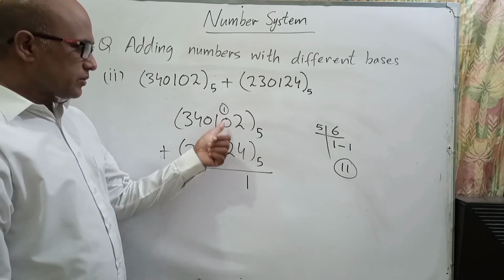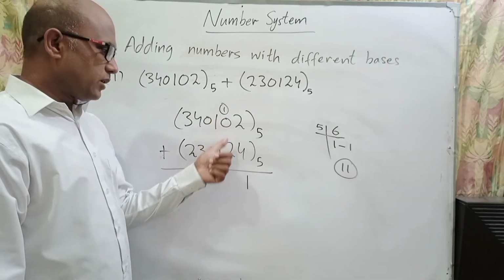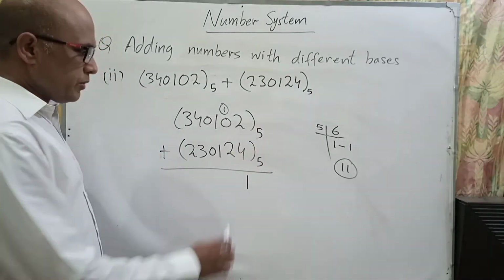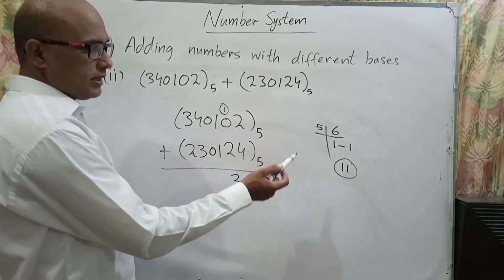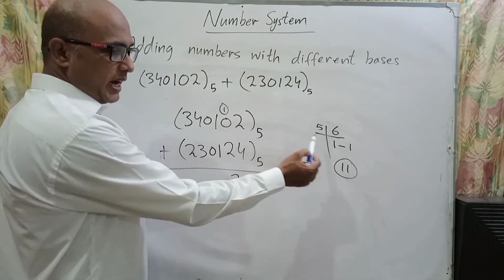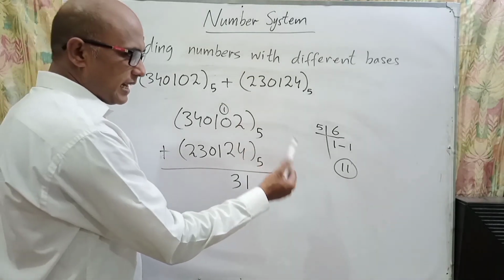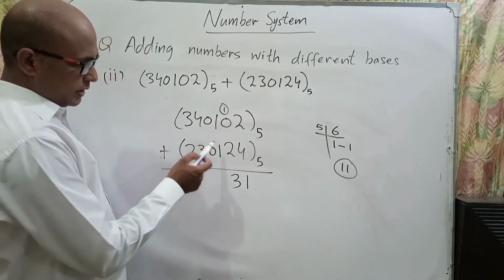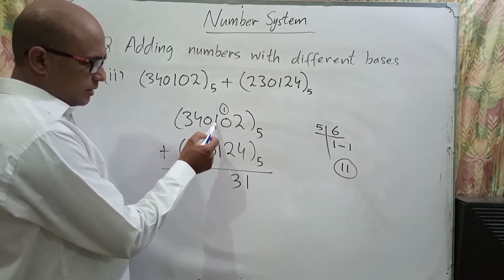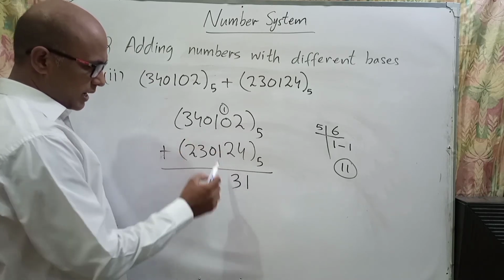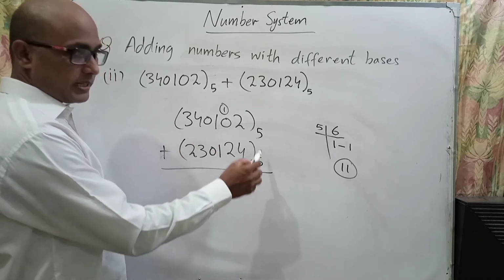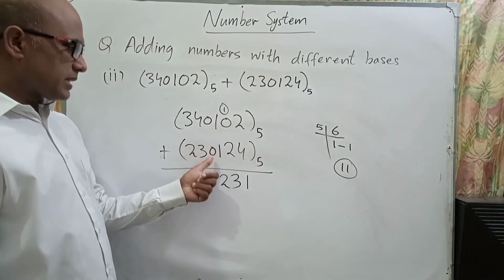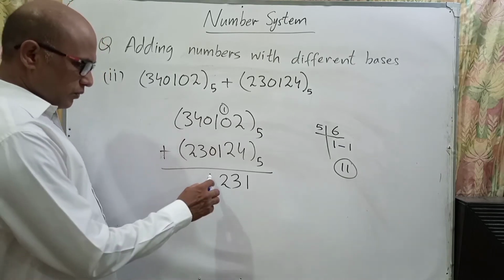Next, we'll add these three numbers. Carry number 1 and 2 will get 3, because it is smaller than 5. So we'll write it as it is. The number which is smaller than 5 will not find its LCM, rather it will be written as it is. So there is no carryover. Next numbers will be added. 1 plus 1 is 2, which is smaller than 5. So we'll write it as it is. Next numbers are 0 plus 0 will be 0.